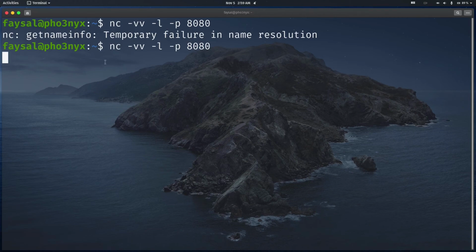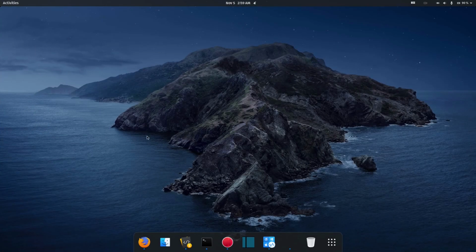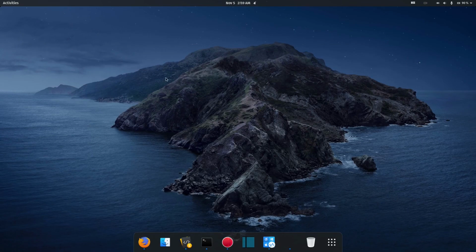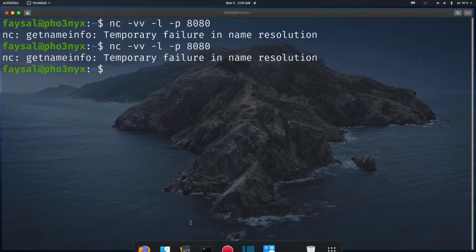Okay, so let me go back again and run the netcat command in this particular text box again. So let me see. I already have it here. So let me submit it again and see what I'm going to have. So let me go back again to the Linux machine here. I don't know why we're having this error, but let me see whether we'll be able to fix this issue. So sudo